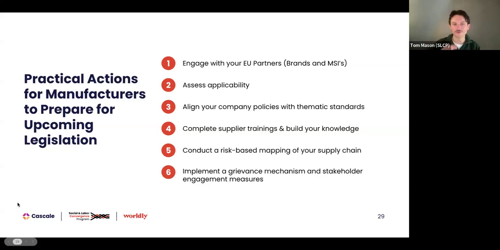So in summary, and to close it out, I think the message I want to share with you as stakeholders and members of Cascale and beyond is that the critical thing is that we all just start. There's a lot that needs to change and develop to facilitate good compliance with these pieces of legislation coming through. But the important thing today is to not just get overwhelmed because there's so much technical jargon, but actually just start by doing some of these very practical things that we have on the screen here,